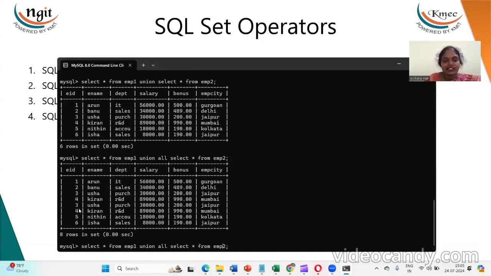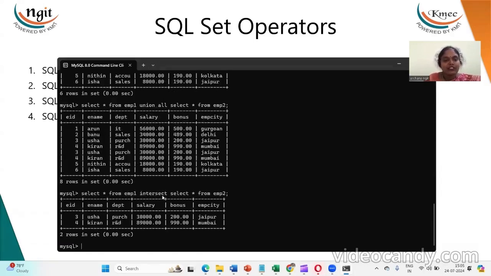The next operator is intersect. The intersect operator will fetch only the common records from both the tables. So the records with ID 3 and 4 are common in both the tables, and that's how it has retrieved only those. The next is minus. It will remove the records which are